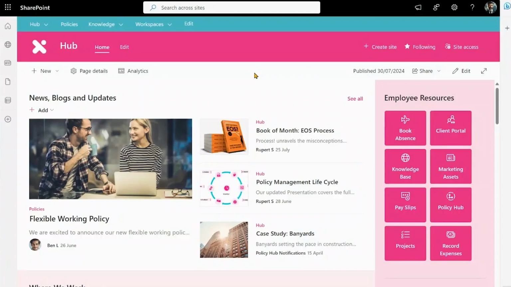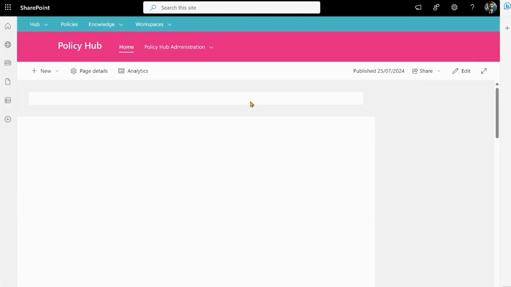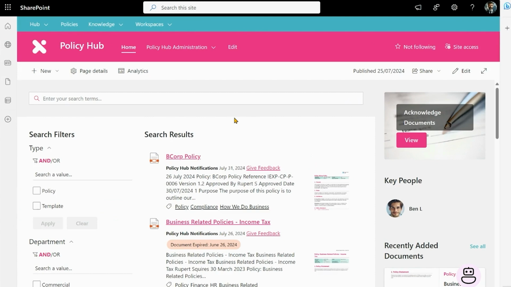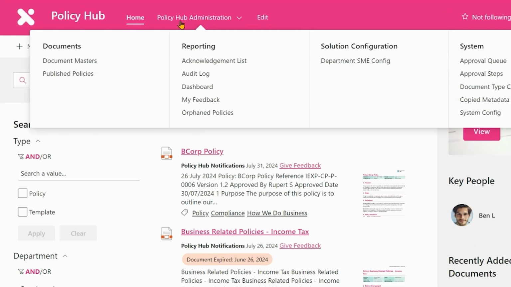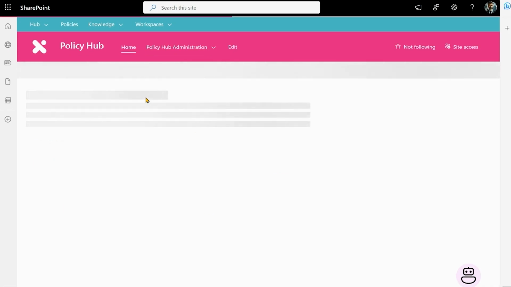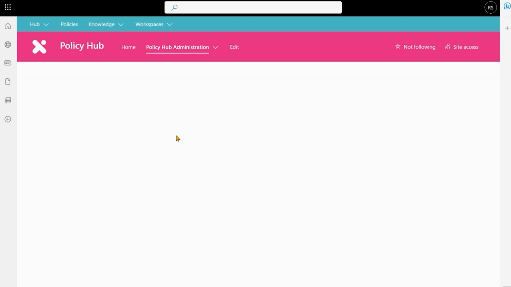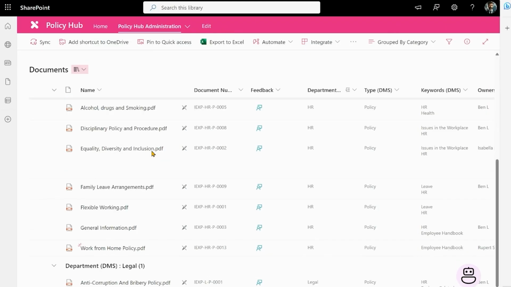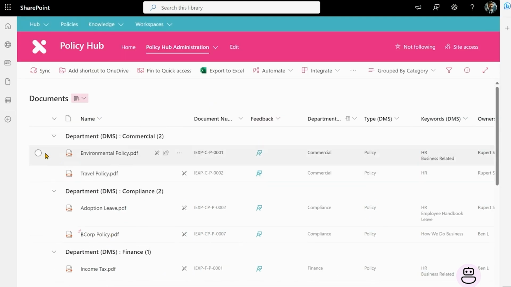So I'm back in our demo environment here, and I want to go into our Policy Hub. Now, the documents we're looking to attest are the PDF documents which have been approved, not the Word documents which are still in progress or may not have been approved yet. So to do that, we click on our Publish Policies. And as you can see, we get a list of all those in a document library format. Now I can go and select the policy that I want. In this case, I'm going to select the environmental policy right at the top here, and I'm going to request